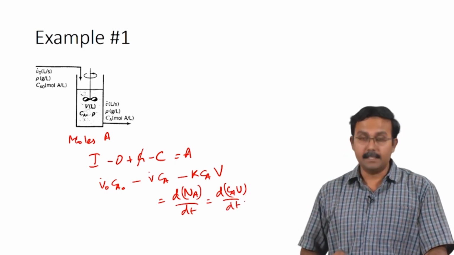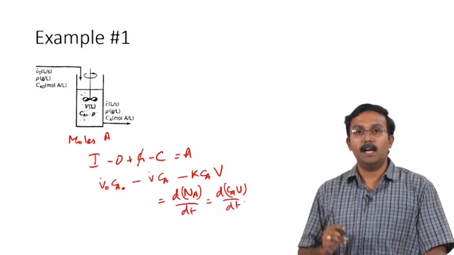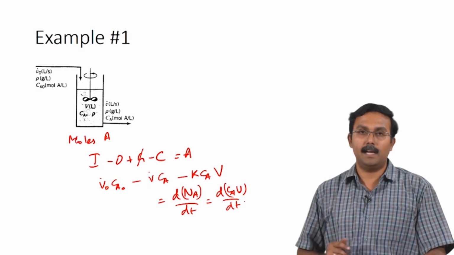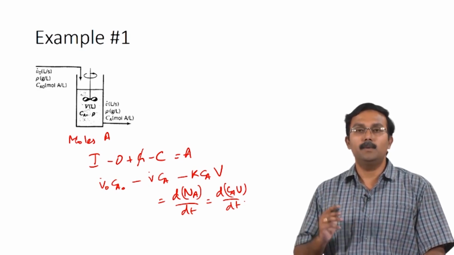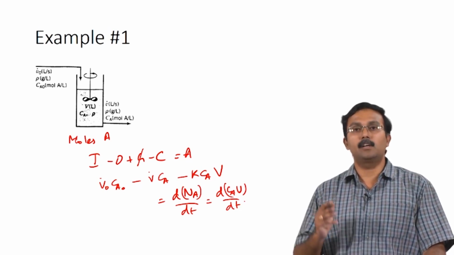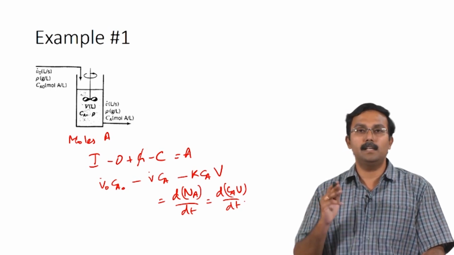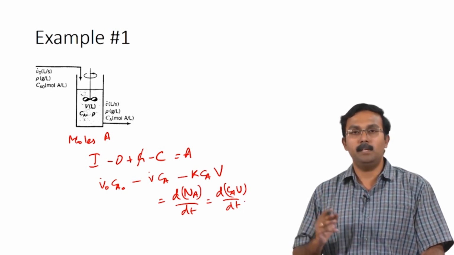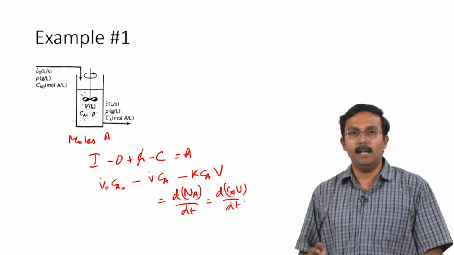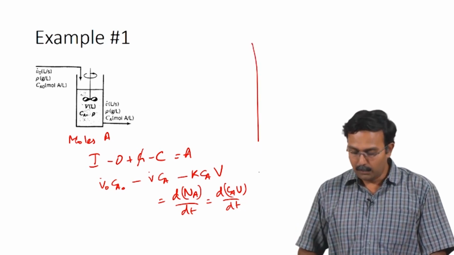What you would notice is that both for the consumption term and for the accumulation term I have used Ca, which is the concentration of A which is leaving the reactor. This is because we have been told that the system is perfectly mixed. That means that the concentration of the outlet stream would be equal to the concentration in the system. So, that is why we are using Ca, the concentration of the exit stream for A, as the concentration of A inside the reactor as well. So, now that we have this,